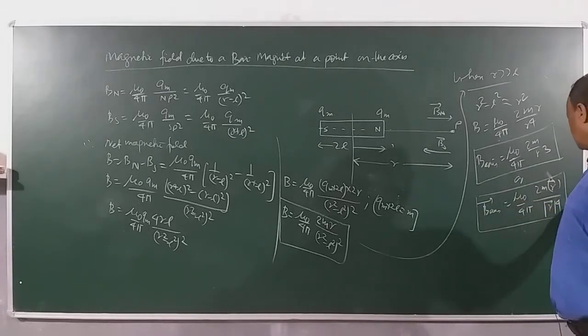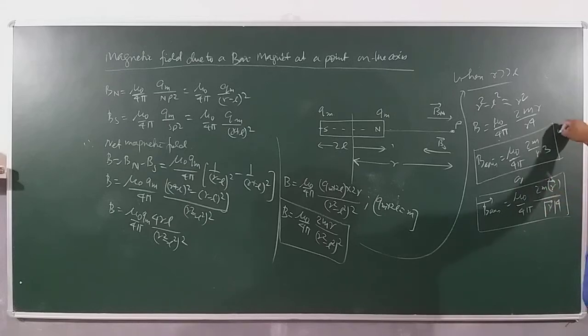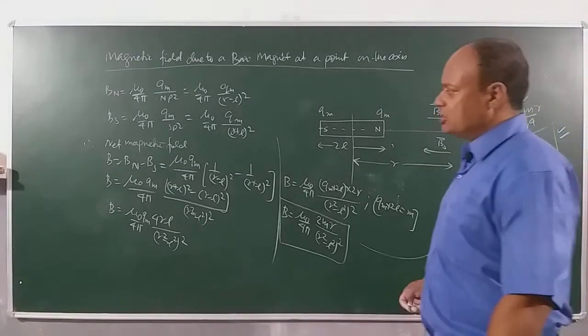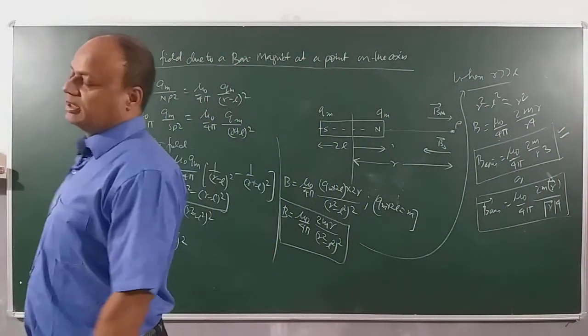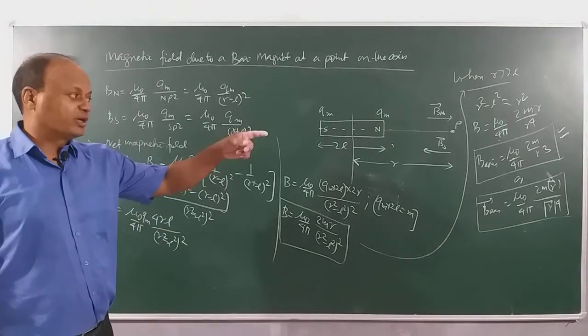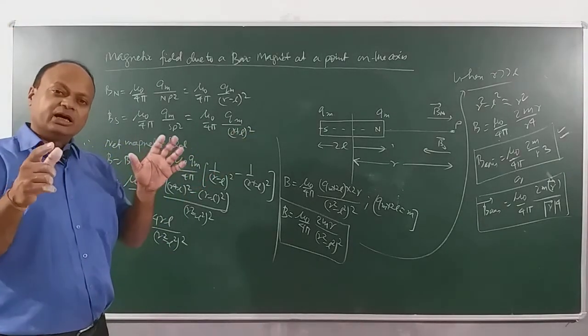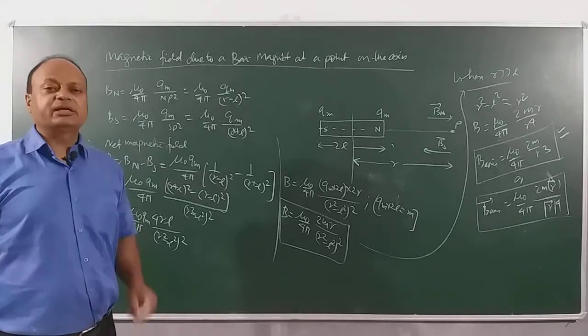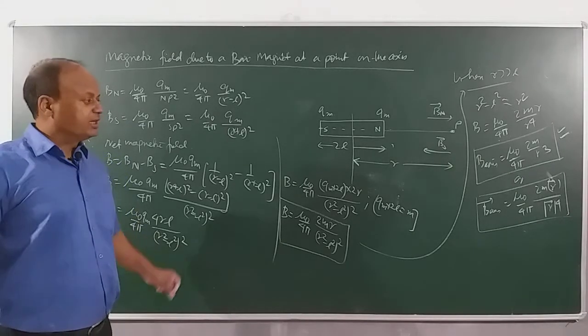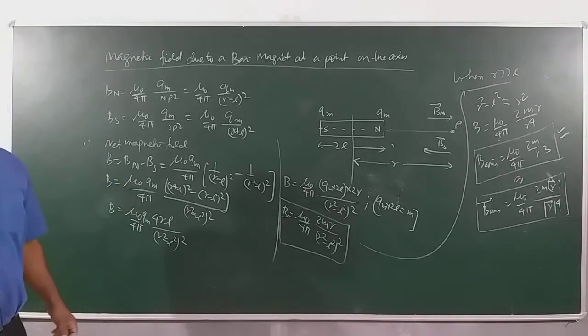So actually this is only of academic interest for us. We will be using this in the numericals. So we got the magnetic field at a point on the axis, and remember this is the equation I had quoted when I was seeing the analogy between electric dipole and magnetic dipole. Okay, so you can take these notes. All right.